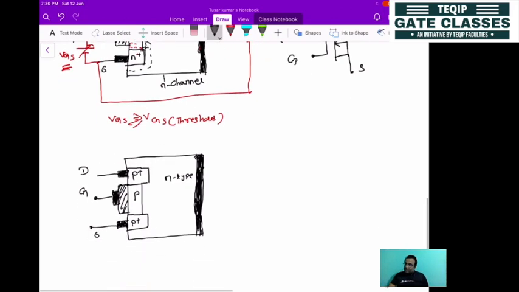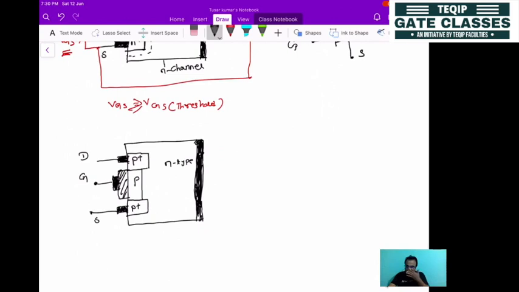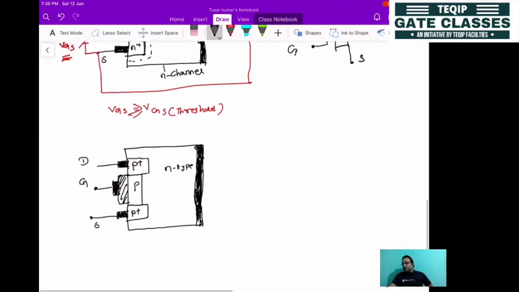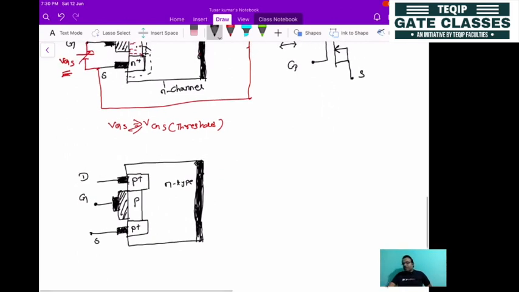So now if you compare to the previous configuration, only the semiconductor layers are interchanged. N-type material is replacing the P-type material. That means the P-type substrate is now replaced by an N-type substrate. Then the N plus material is replaced by P plus material. Then the P channel is replacing the N channel, and here also another P